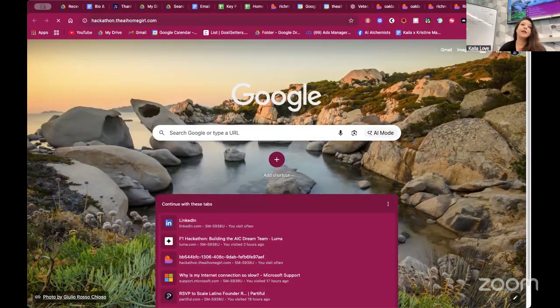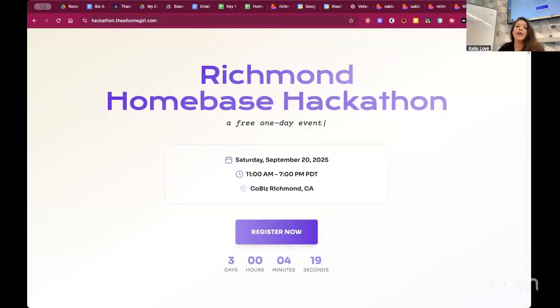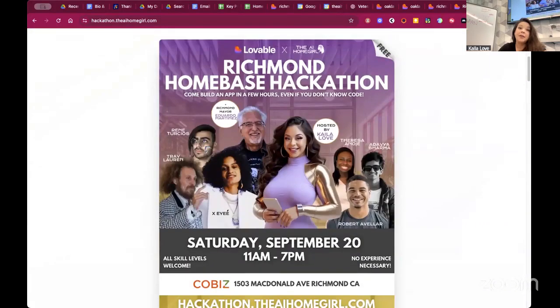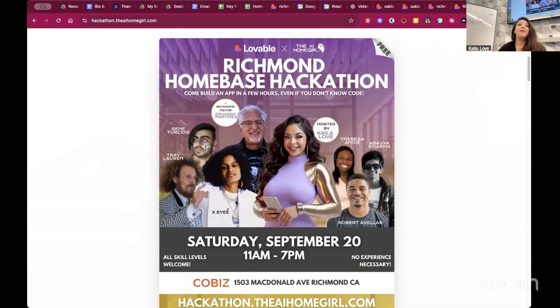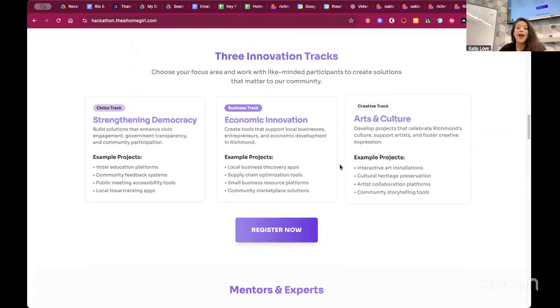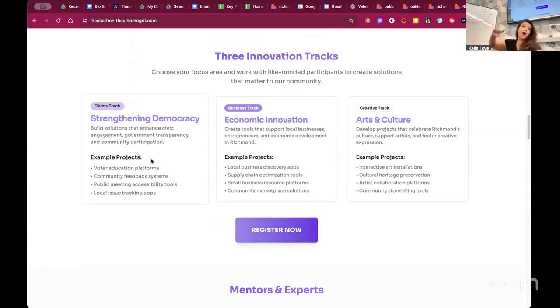I connected it to my domain, hackathon.theaihomegirl.com. When I updated the flyer, I could come here and say, hey, can you update the flyer to the new one? And then it just populates. Like, hey, can you add new sponsors? Or, hey, I'm going to evolve this with the submission process on Saturday. So now as I grow, my app can continue growing. All I have to do is go back to Lovable, sit there and say, okay, can you add a new page?